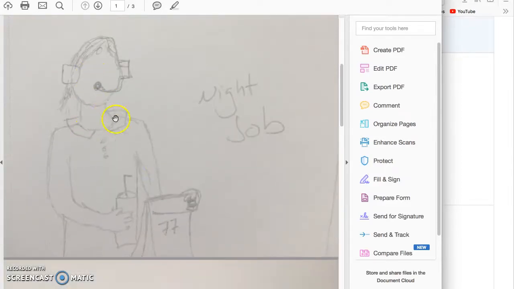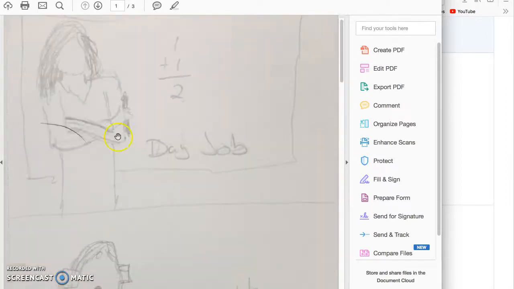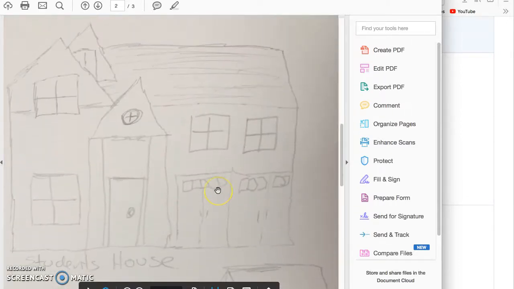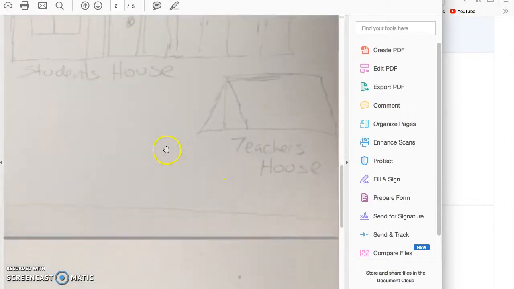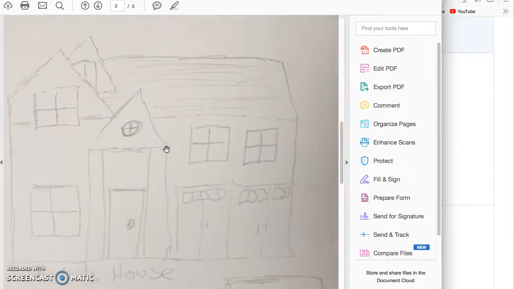Oh, I see. She's working at McDonald's. Yeah, so just maybe left side this, right side that. And you could even put in a little window that showed the moon and the sun. Student's house, teacher's house. Yeah. Well, that's funny and